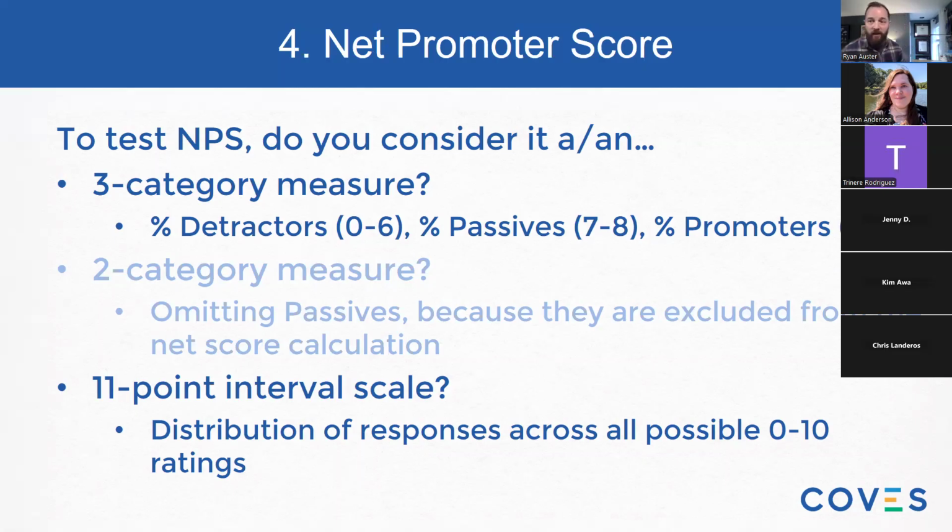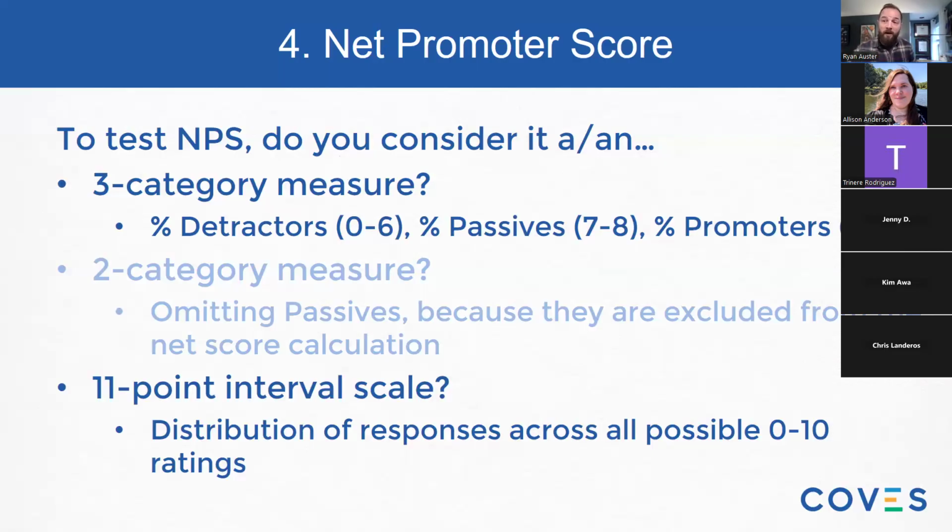So there's a little bit of a debate if you are a Net Promoter Score fan, and if you're not, you've just skipped this debate entirely. I even had one person in COVES a number of years ago challenge me that we should remove passives because they're excluded from the net score calculation. Now, whichever camp you fall into, and that could be one of many, "I hate NPS, I don't know which test to use," "it's certainly three categories," etc. Just don't treat it as an average where we use a t-test, because we know it's not normally distributed.